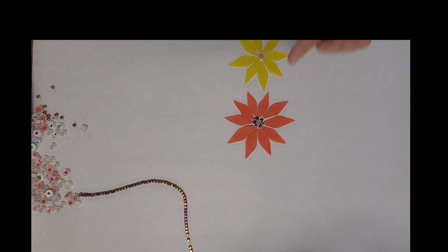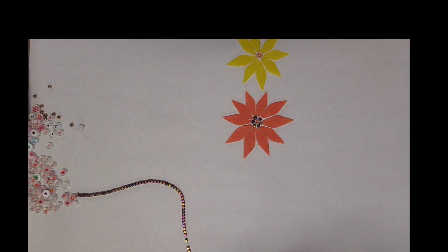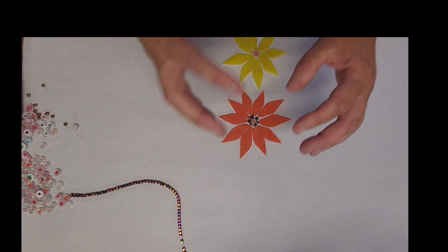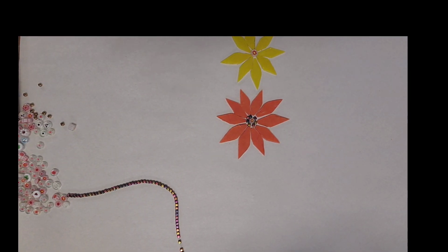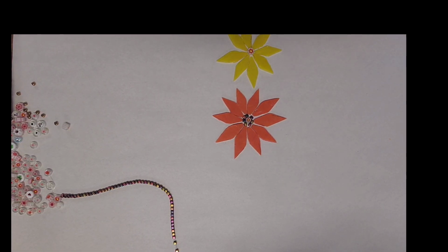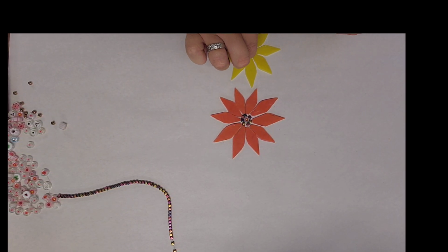So I probably did cut an extra 2 petals to make a bigger one, but all you'd need to do is to take out these little tiny ones, just have a tiny centre in, then it's less petals. So just another little trick with these petals that we've cut, we can actually get another 2 flowers. So for example, this one here,